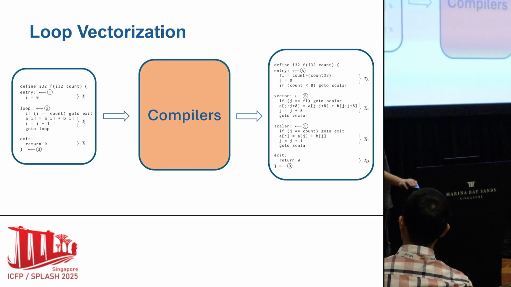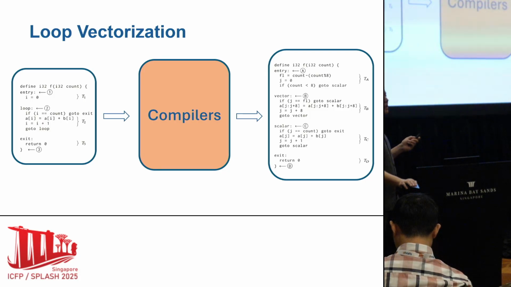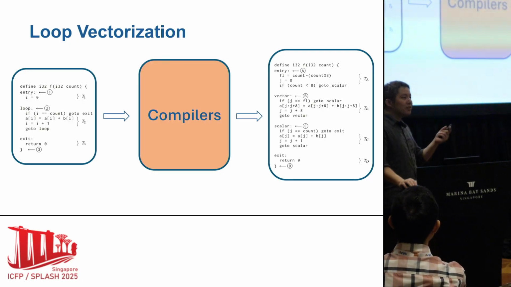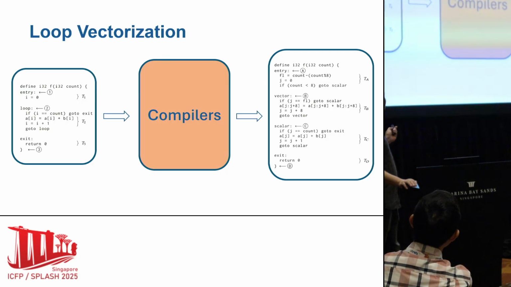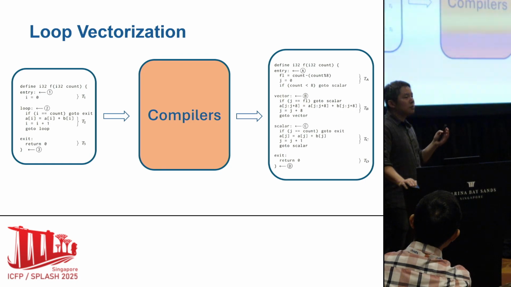In this case, your original loop iteration number can be reduced, right? Because now you have a more powerful instruction that can do 8 things at a time. And so the loop can be split into 2 loops, because if the loop iteration count cannot be divided by 8, you should also have a cleanup loop. That's the basic idea. And you have an input program counter. So basically, this program poses some challenges for traditional translation validation techniques, because you have to unroll the loop, and